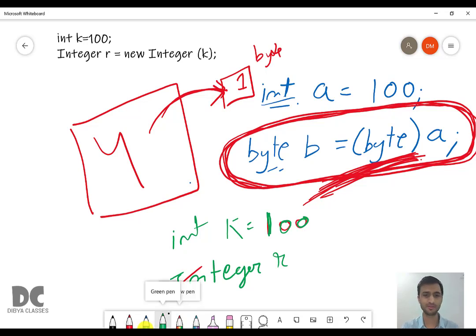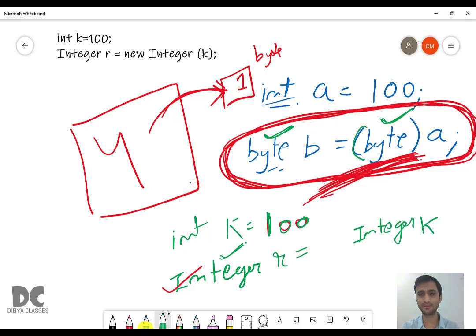So you are storing from the value k. Here also you are using byte, both sides. Since you are using Integer, we will also use Integer here. The only difference is that earlier you kept the data type within brackets, but here we will keep the variable within brackets.